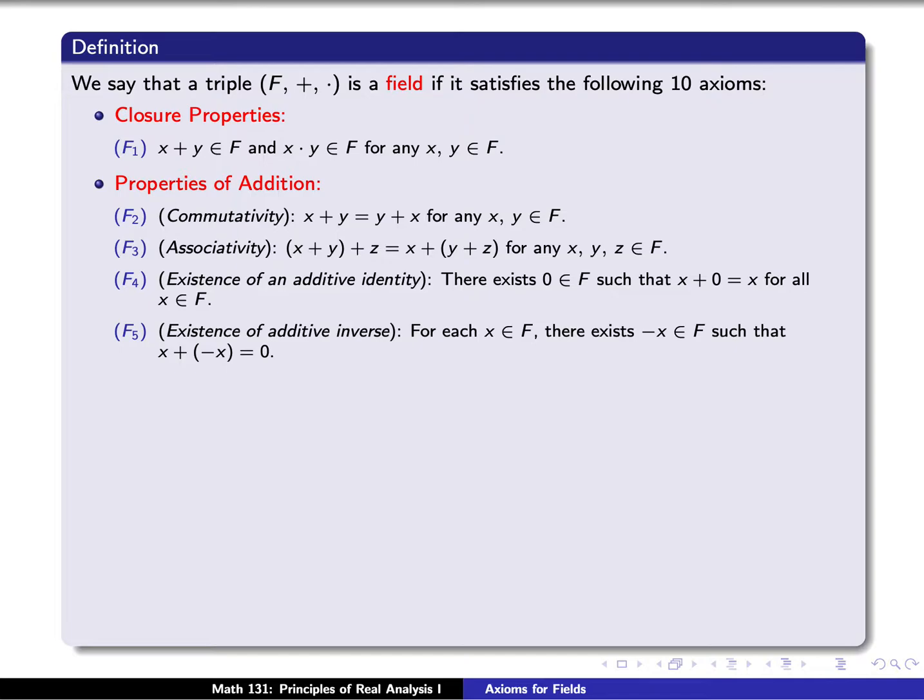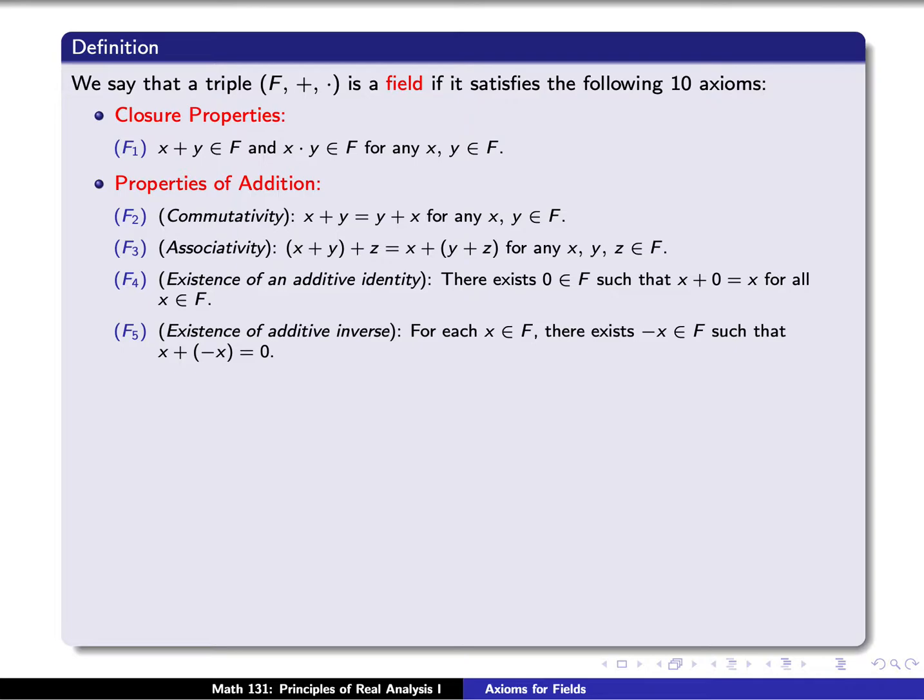Next, we have various properties of addition. Given 3 numbers x, y, and z, we see first that the order in which we add 2 of them doesn't matter. That is, x plus y is equal to y plus x. Next, the order in which we group them does not matter. So first we could add x plus y and then add z, or we could add y plus z and